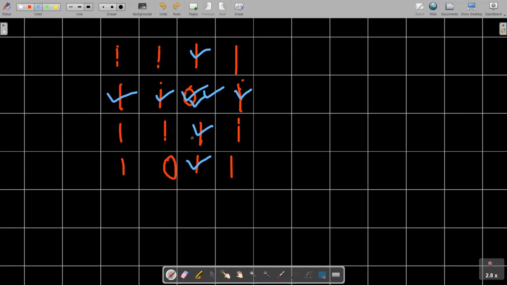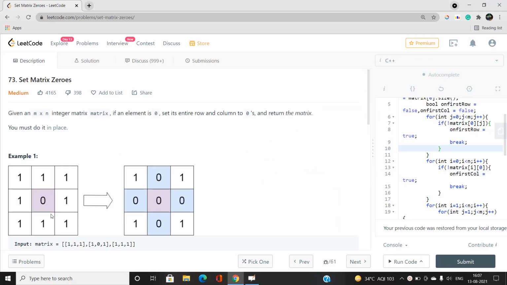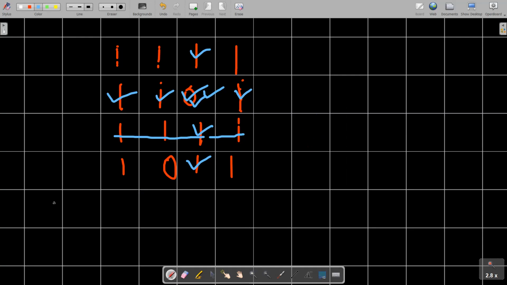It doesn't mean we then mark all the cells related to it as 0 right now, because that is not going to be possible. We are not going to do that in this case.